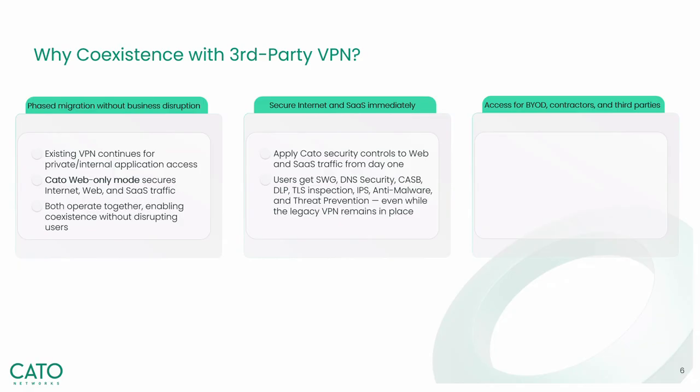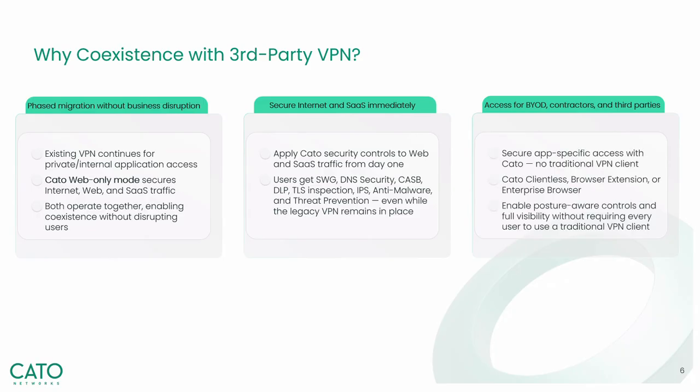All right. And another piece, the same level of capabilities is being extended to the third party. So they do not rely on any VPNs of the world. And this is something which is uniquely provided. This is not a standalone solution. This can be enabled by default for the third party, so they don't need VPNs of the world. They can have secure application access via Cato. And there are different ways of doing it. Cato clientless,